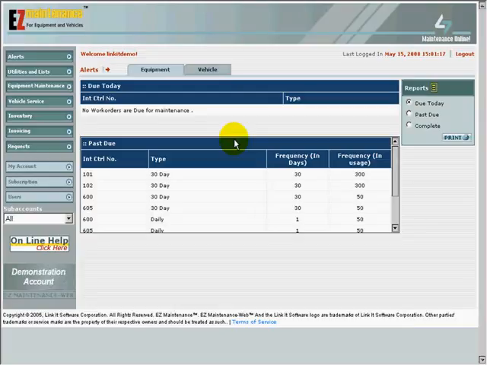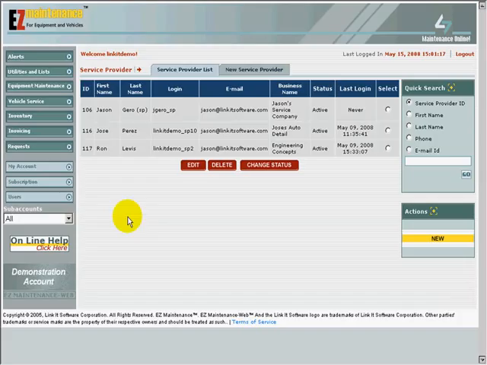Lastly, there is also a section in EasyM Web that allows you to manage the accounts for service providers who perform maintenance work for you. To access this part of EasyM Web, click on the Service Provider link under the Users drop-down list on the left side of the screen. Clicking on the Service Provider link will take you to the following screen, which we'll call the Main Service Provider